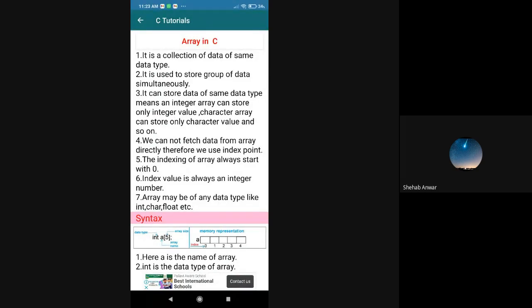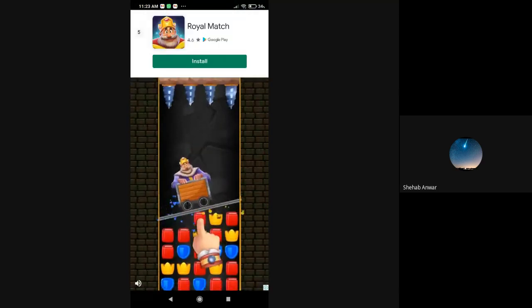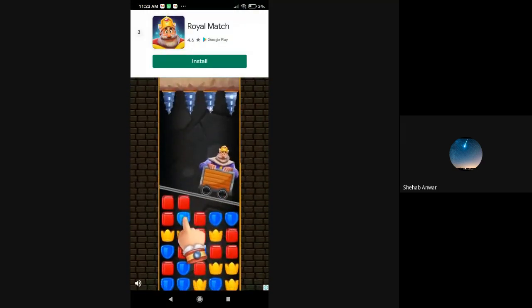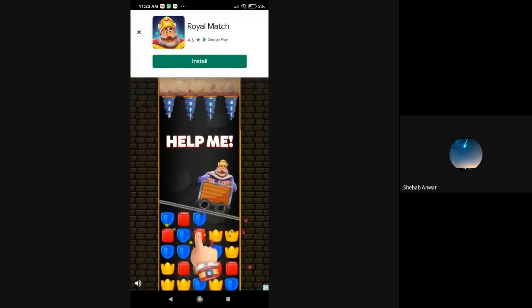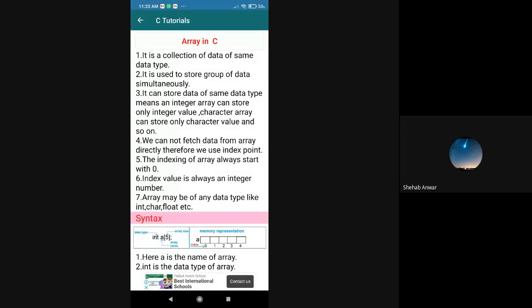In order to store the same kind of objects or similar data type, so already we have seen integer, character, float, long and double data types. If I want to store the same kind of data objects or a similar data type, we are going to use the concept of arrays. It is a collection of data of the same data type.